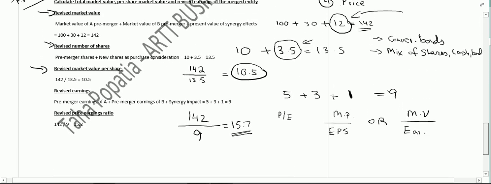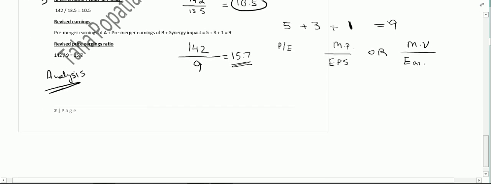So here we end up our basic calculations, but yes, I would like to add some more things from the same question. Well, let's say we have to perform the analysis for the merged entity. What if I was told that the merged entity's market value is 142, which is in fact what we calculated,